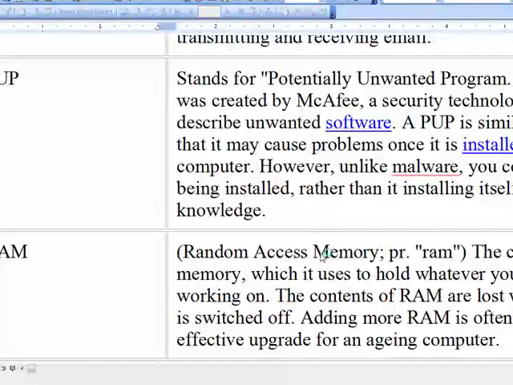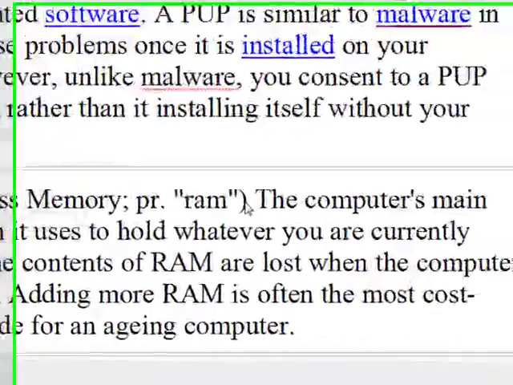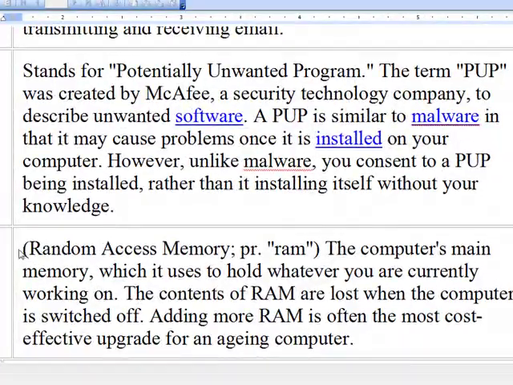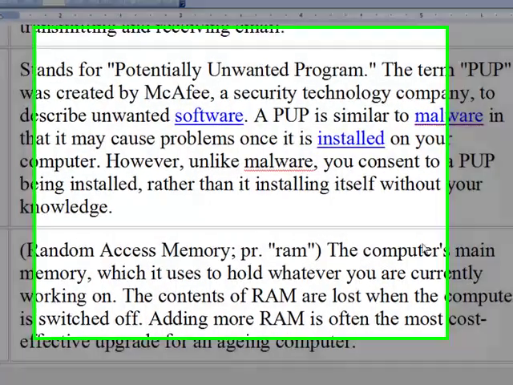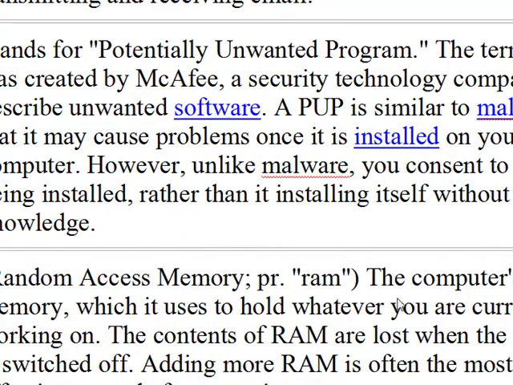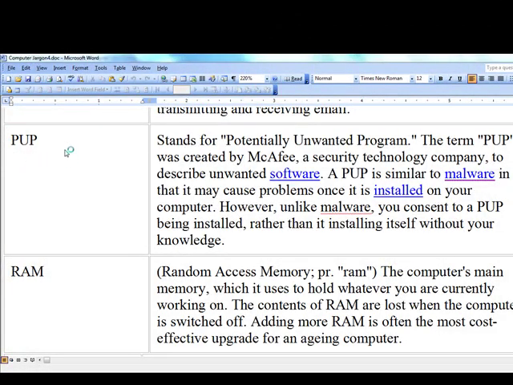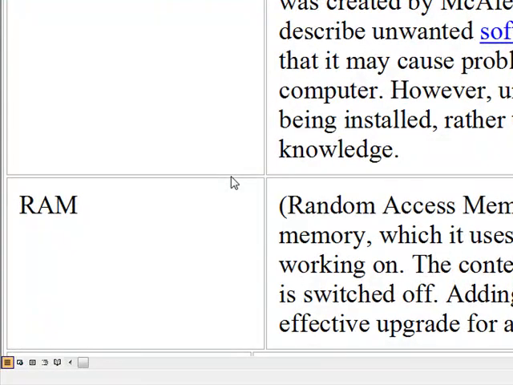RAM, standing for Random Access Memory. That's the memory in your computer that holds the things that are going on right now on your computer. Right now, my computer is holding all these words and all these boxes and divisions, and it's also holding the recording of my voice that I'm making right now.